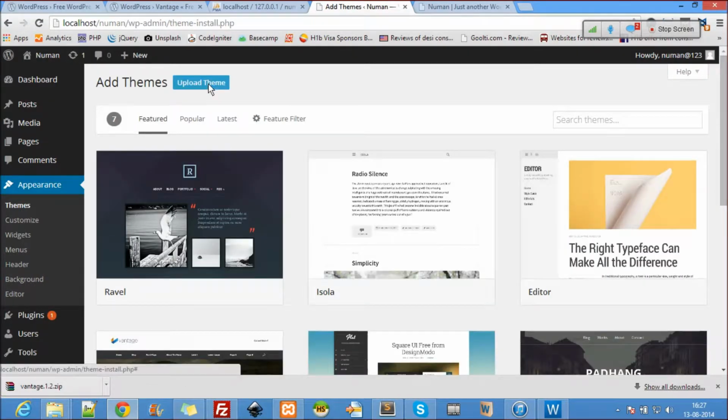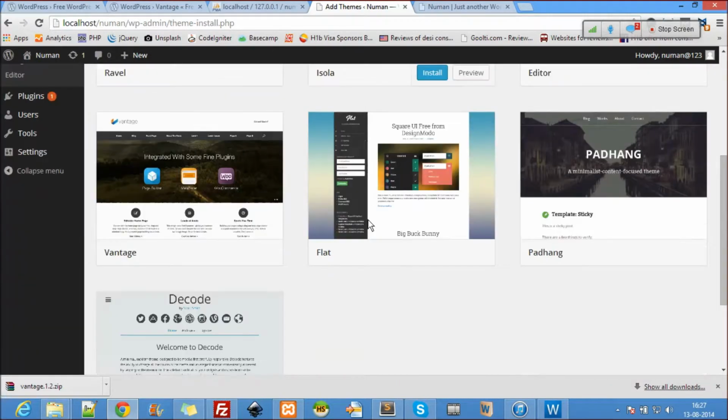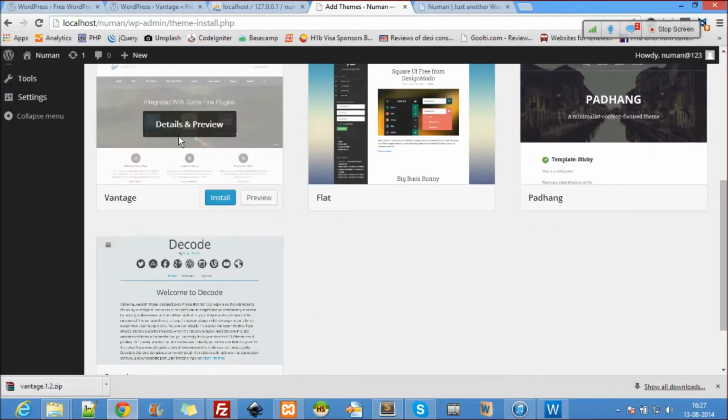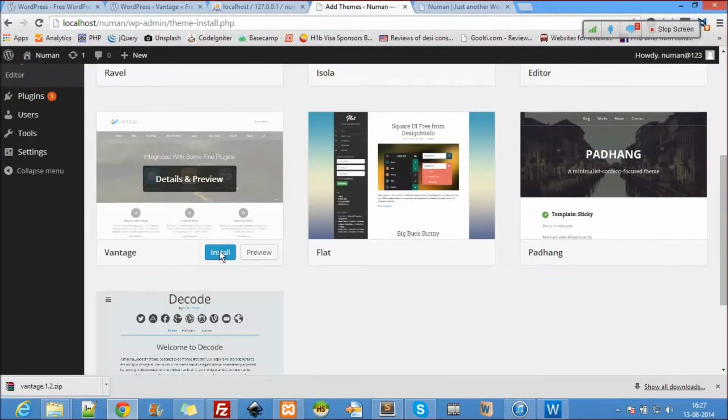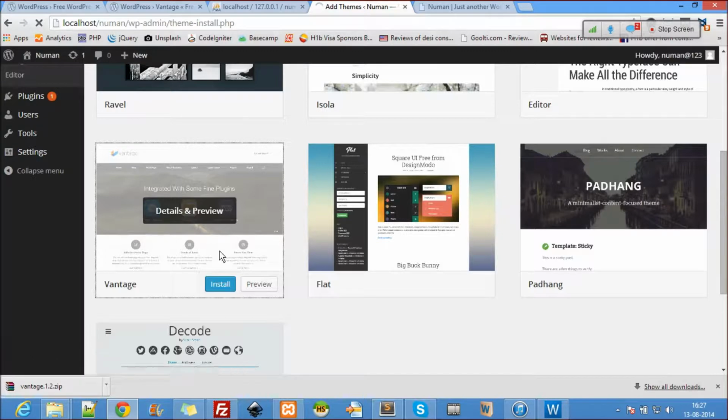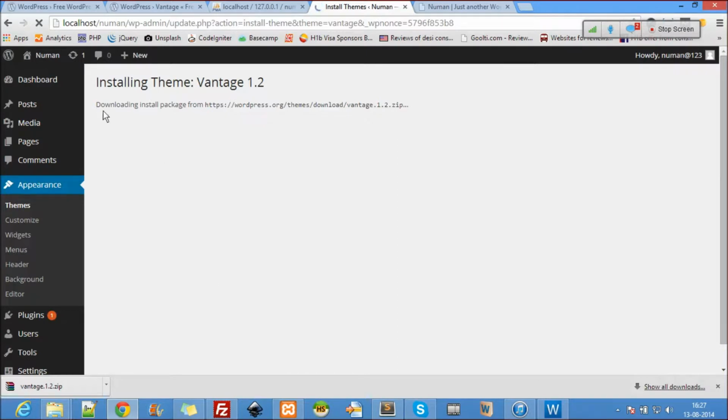Alright, oh, Vantage is here. We don't have to download it. I didn't know this. So I'll say just install. So go to themes, add new, then just install. It says downloading install package. From there the same thing, it's the same. Whatever we have downloaded here is the same file.